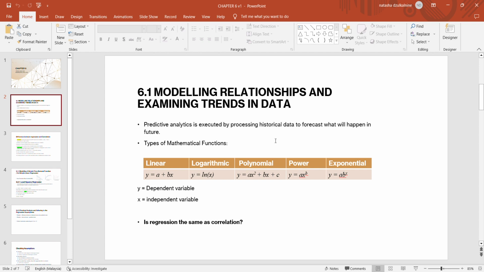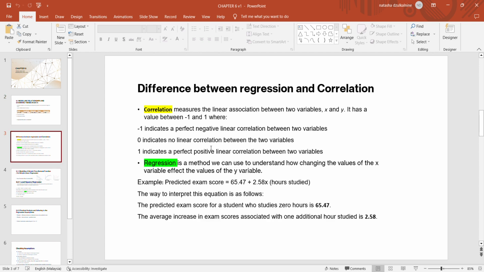Okay, is regression the same as correlation? It's a bit different. Correlation measures the linear association between two variables, which is x and y, and it has a value between -1 and 1, where -1 indicates a perfect negative linear correlation between two variables, 0 indicates no linear correlation between the two variables, and 1 indicates a perfect positive linear correlation